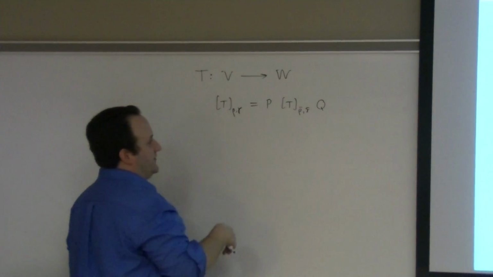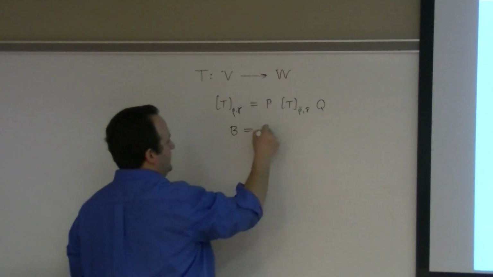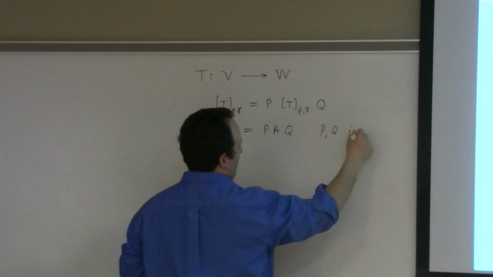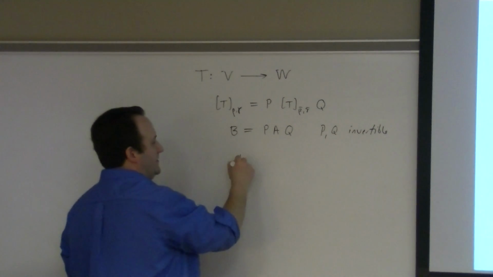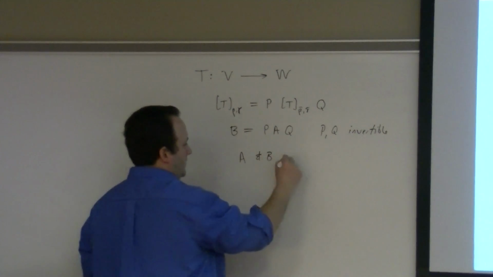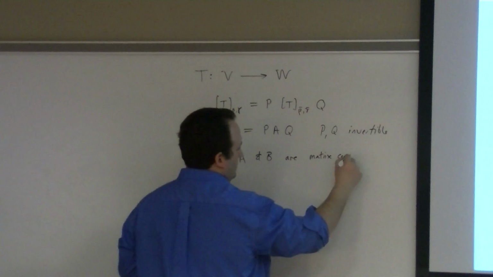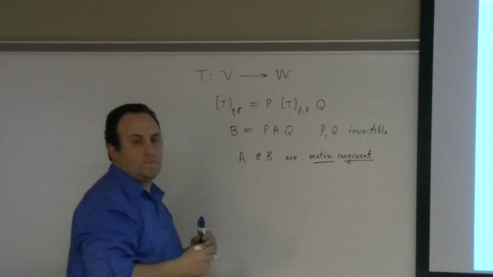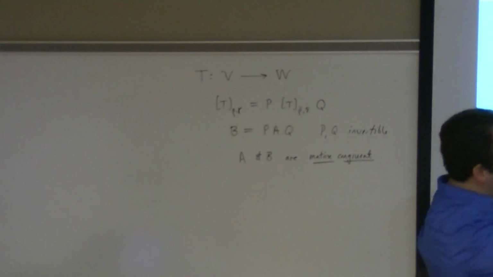Let me just make it more simple. Say B is equal to P A Q, with P and Q invertible. Such matrices, A and B, are said to be matrix congruent. Matrix congruent. So, what this says, and you can prove that that's an